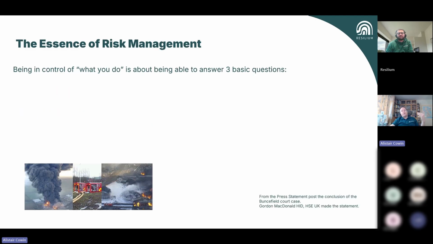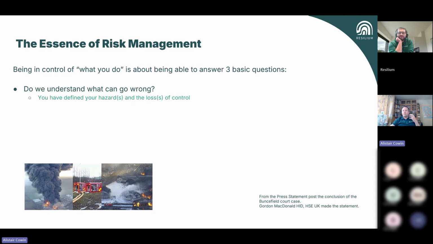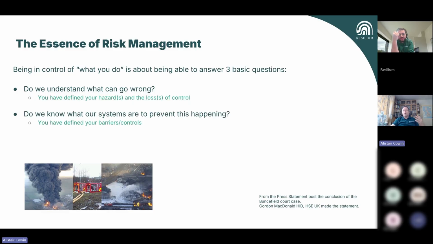And so bringing it back to the questions that I posed you at the start, if we understand what can go wrong, we've effectively defined the hazard and the loss of control. And that, as I say, is the really big piece of bow tie modeling, where it takes a change in your typical thought process to push back to where does my bad day really begin? Once you've got that, you can really go to town on defining the barriers. And actually, this becomes quite easy and quite quick.